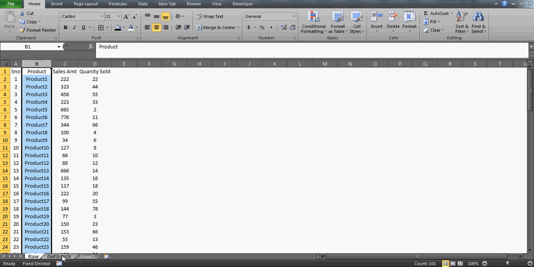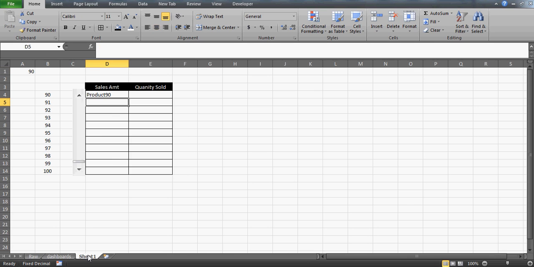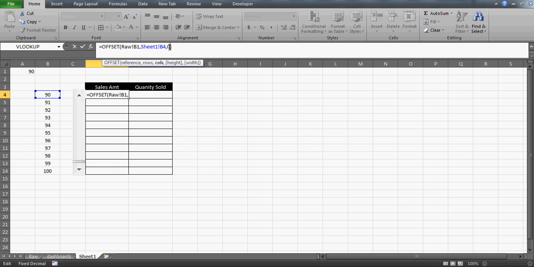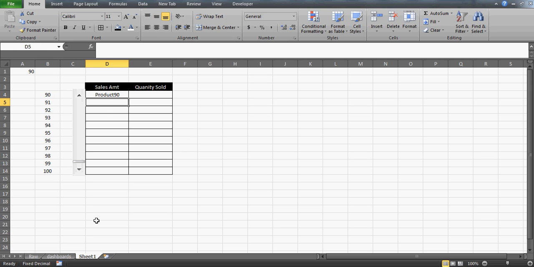So that's why, as I said, these basically start with 0 and 1, right? So that's why my column parameter is 1, and the row is going to be my 90, whatever number will display here, and this is how I'll get this product 90. And now this B1 has to be frozen, so that B1 is